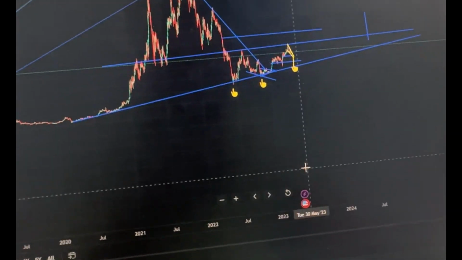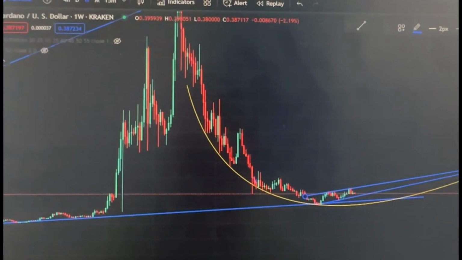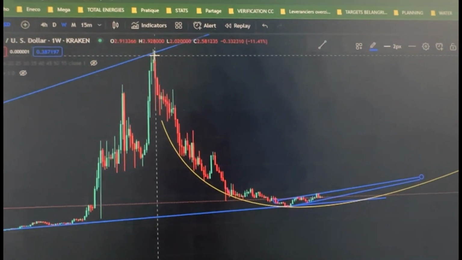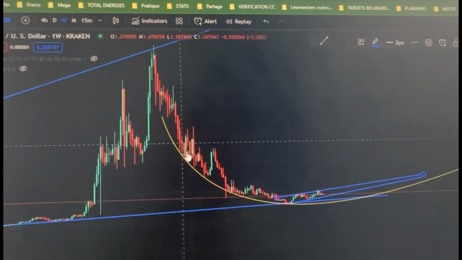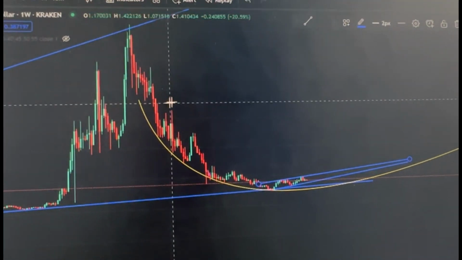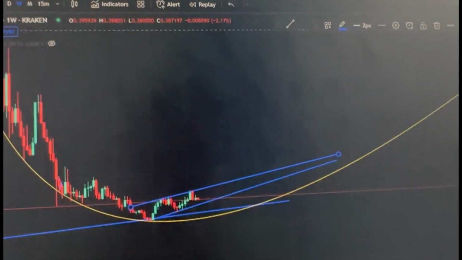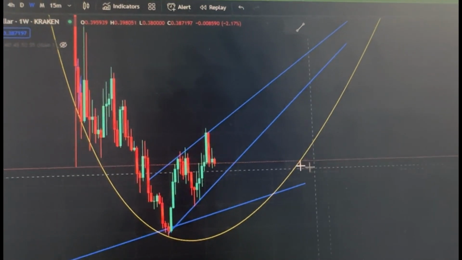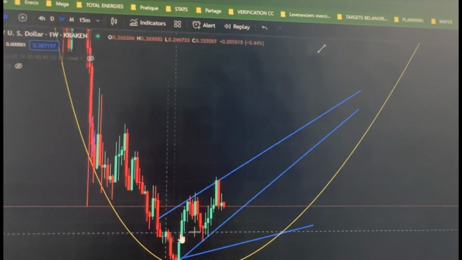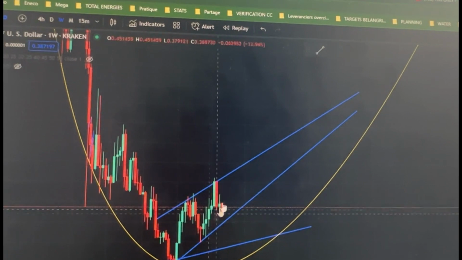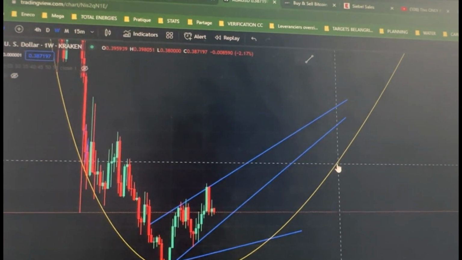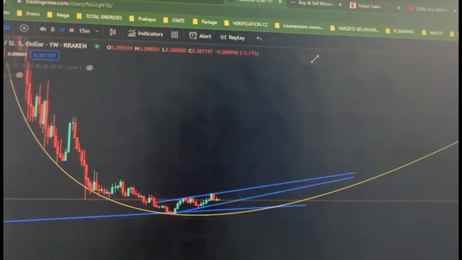Go back to Cardano. Now we have Cardano on the weekly chart, as you can see there. So we saw that Cardano had a very bad chart since the bear market in 2021. What we are seeing now in the chart is that we are creating a new pattern, a symmetric pattern. So also we have several touch points. So yeah, it will range between these points and then go lower to touch this yellow